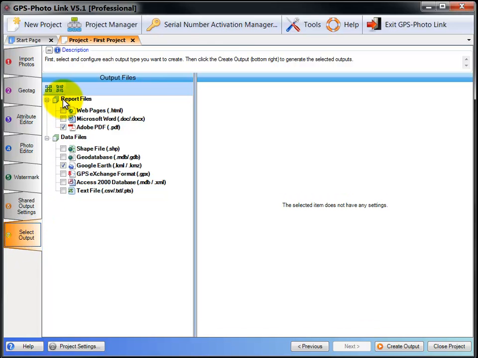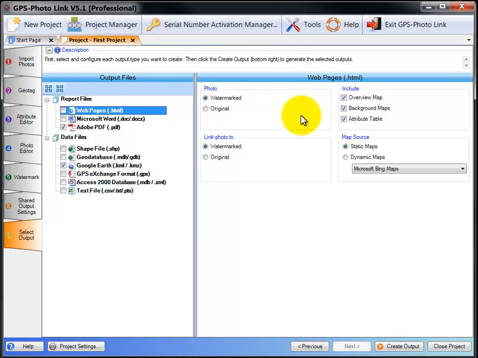The reports again are 3 different types: web pages, Word, and PDF reports. For the data files, we have shapefiles, geodatabases, Google Earth output, GPS Exchange, an Access database, and text files. For each output, there are options that you can select to change how the reports look. Once you've selected all the output you want, click Create Output,